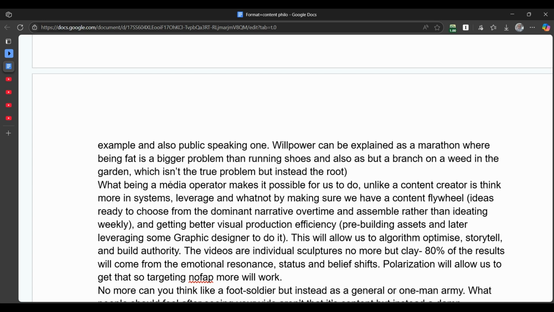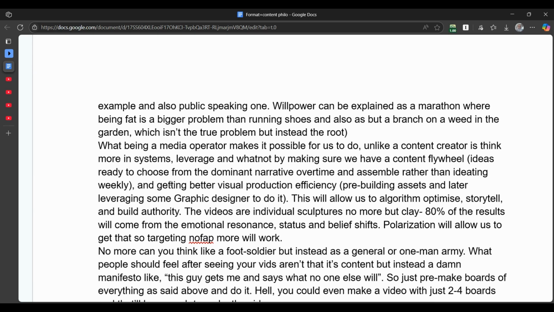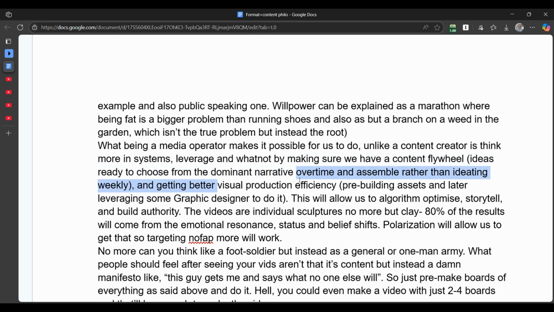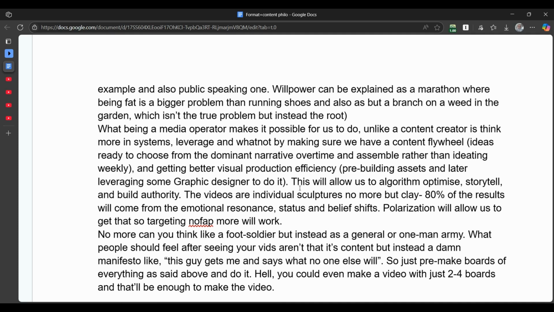So what we need to do is focus on the presentation, and of course you optimize for the hook, you optimize for the storytelling and whatnot, but that is no longer the main point. What we focus on right now is efficiency on the visual production side, as that is one of the biggest limiting things that is holding us back, right?